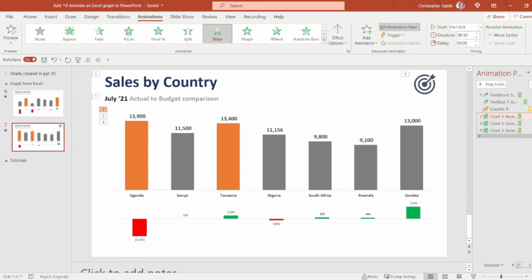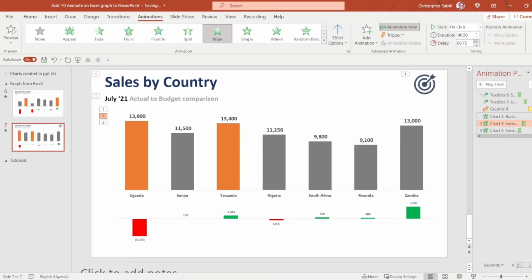So coming on this, the background, this one will appear after the previous. We can increase the delay after previous. Then I'll have the first series to appear also after previous. Or this one I can do with a click, but I will do a delay after I've clicked.